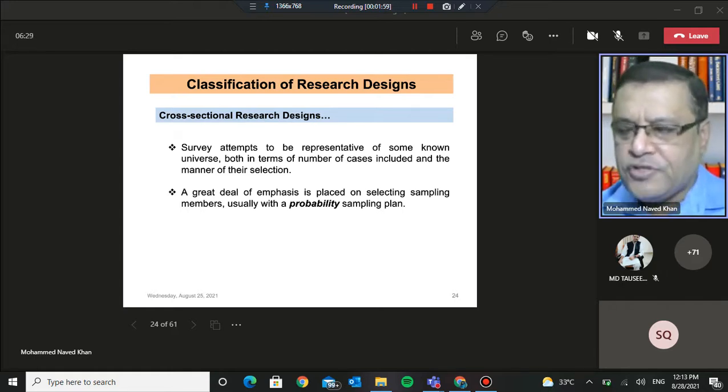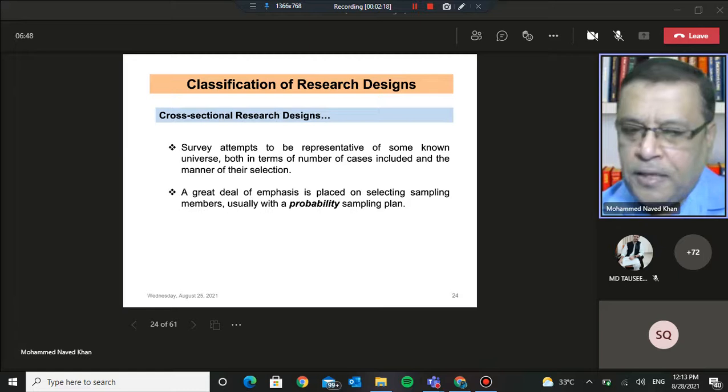Because unless that is true, the problem that we will encounter later is that once we arrive at certain findings and want to present them, we cannot generalize the findings to the population at large. If, for example, the sample is not drawn using some kind of scientific sampling procedure, that is, the probability sampling plan has not been followed or adopted there.